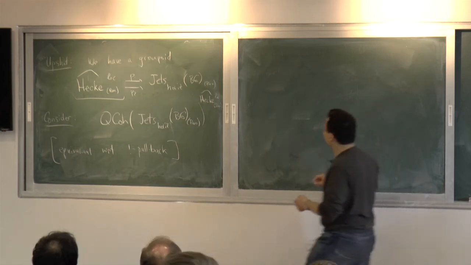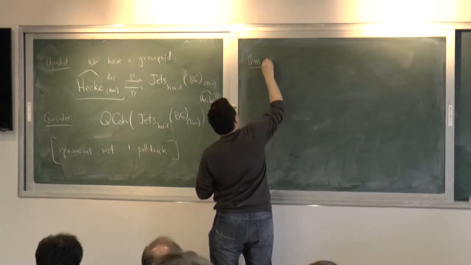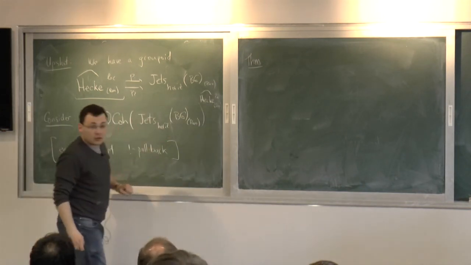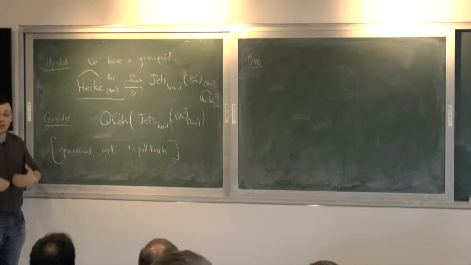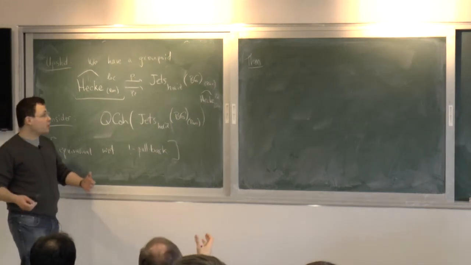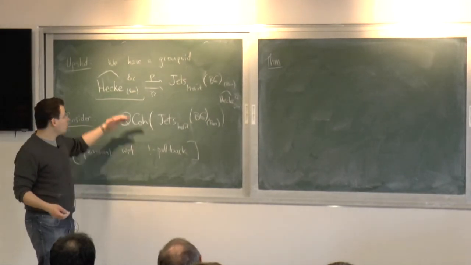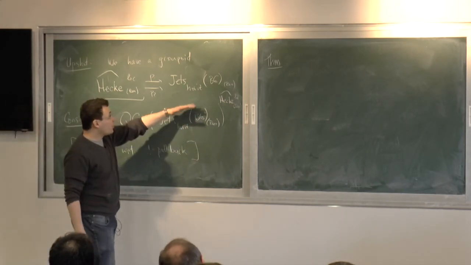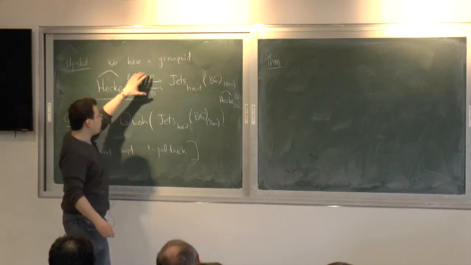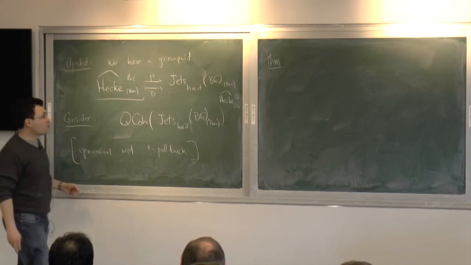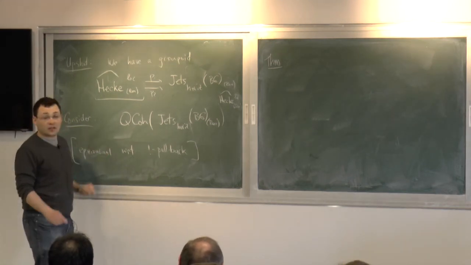OK, no problem. So let me formulate the theorem. Sorry, what's equivariant? What do you mean? Well, if you have a groupoid acting on something, you can consider equivariant sheaves. With respect to what? Just purely formally, here's a groupoid. What does it mean to be equivariant? Well, it means I have a quasi-coherent sheaf here. I take the two pullbacks, and I'm supposed to give you an isomorphism, and then this keeps going. There's a whole bunch of coherence data that I'm suppressing, and it's this kind of structure.